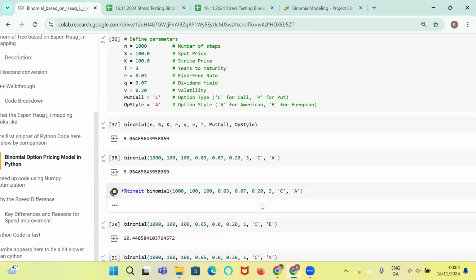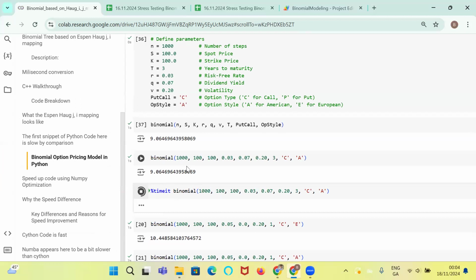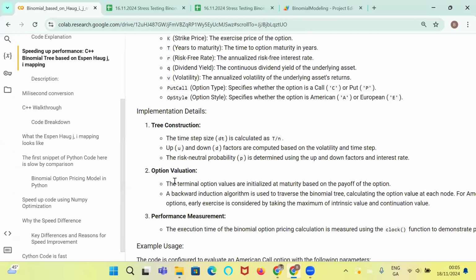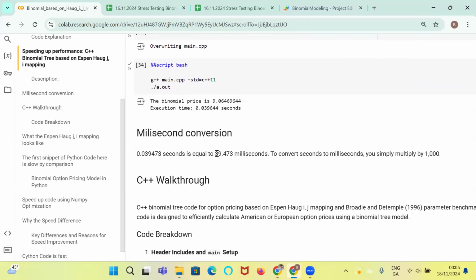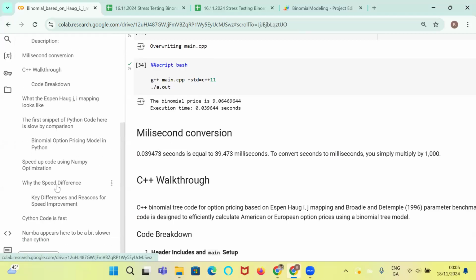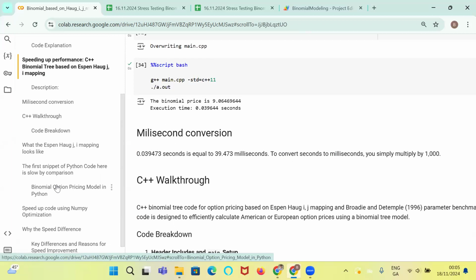But where we may have an issue here is that while the accuracy hasn't in any way been compromised, the speed at which the estimation is performed takes longer. So for the C++ code, we observed that the time was about 39 milliseconds, 0.03947 seconds, but for this first snippet of Python code that we use,